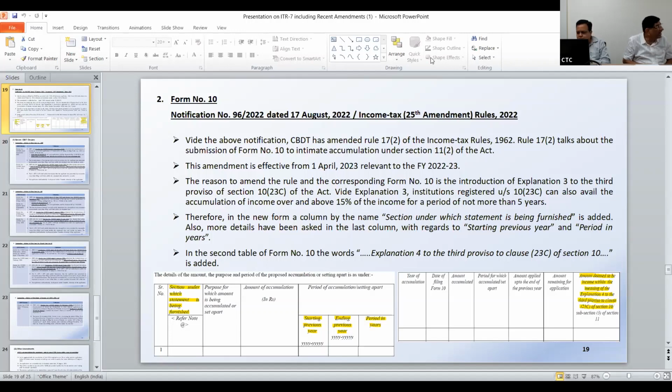Form 15G is not permitted for a charitable trust. You have to get a certificate under section 197 from the income tax department, and then TDS will not be deducted. Accordingly, every year you should obtain that. In very small cases with small TDS, I will advise filing a return and getting the refund, because 197 is also a headache. It is not that easy.